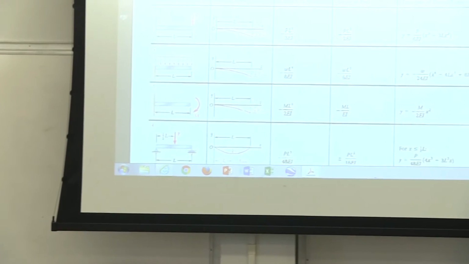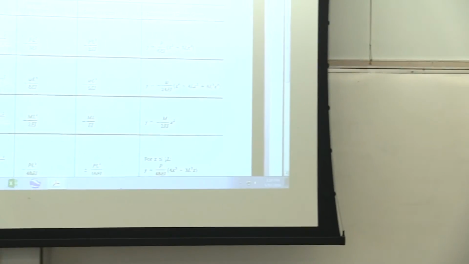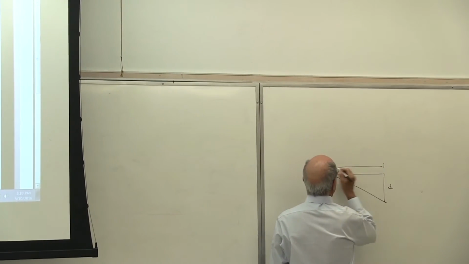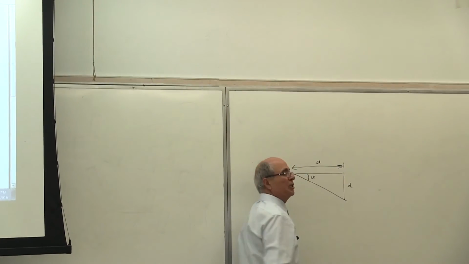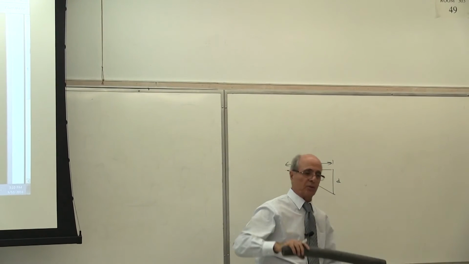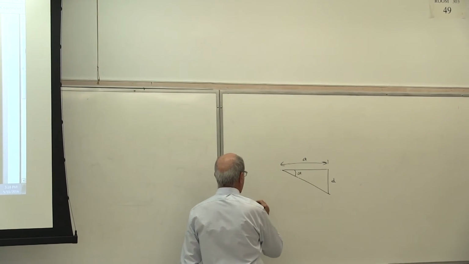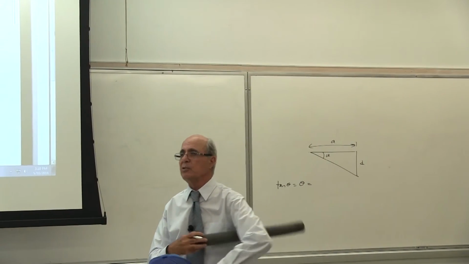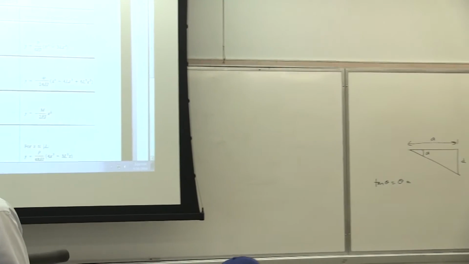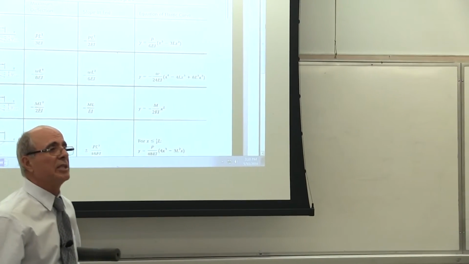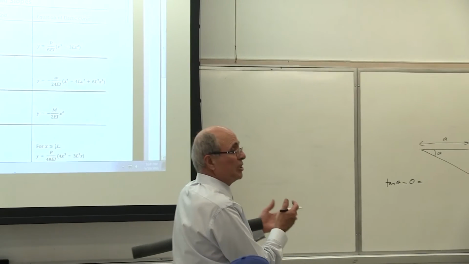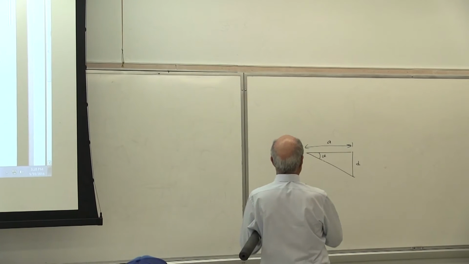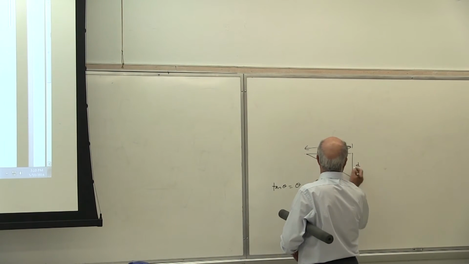This is what's going to happen. If this happened to be a straight line, please write it down. And this is theta, and you are looking for distance d, then d depends on this distance a. The more down you go, the further it goes down. So you write it like that: tangent of theta equal to theta. Why can I write tangent theta equal to theta? Because theta is very small, less than 1 degree. Everybody understand? Otherwise, if it's 30 degrees, I cannot do that. Since theta is very small, tangent theta equal to theta equal to d over a.